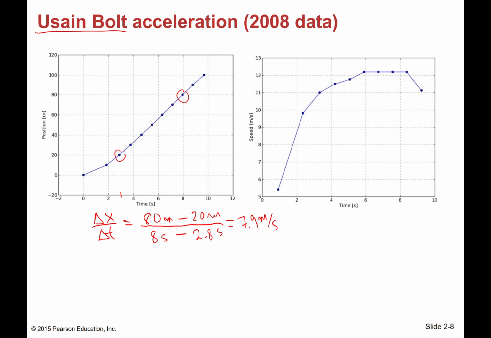So now, to make sense of the speed, let's change this to miles per hour. So 7.9 meters per second, right? So remember, I'm going to multiply by 1, right? So I want to get rid of the meters now. I want this to go to miles. So I have 1 mile on top, and then I have